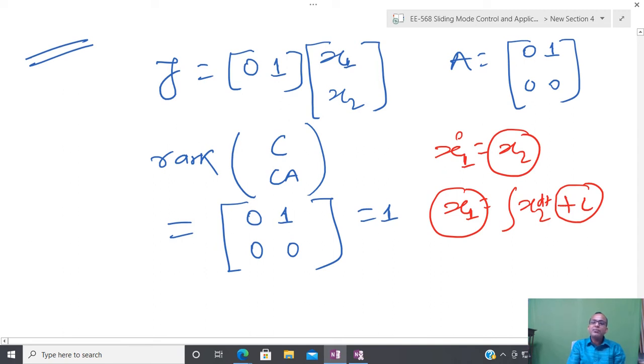But suppose you know x1, then I take the derivative of some quantity, and the derivative is a local quantity. Due to that reason, that is always unique. So we are saying that if I know x1, then I am able to calculate x2. Anyone has confusion on this? So that is the physical interpretation, and that is the mathematical way of checking the same thing. So in this way, it is confirmed that if I have information of x1, then I can calculate the information of x1 and x2 both. But if I have just x2, then I cannot do anything. Okay, anyone has confusion on this?